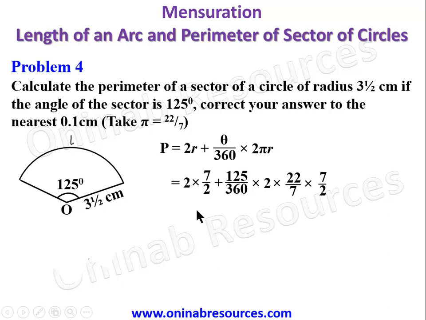Here will give us 7. This is 7 here, the parts before the addition, and the addition is the connector. We have to simplify the multiplications first. All the multiplications are simplified. So 2 times 7 over 2 gives 7, and 125 over 360 times 2 times 22 over 7 times 7 over 2 gives 7.6389 from the calculator, and adding them we have